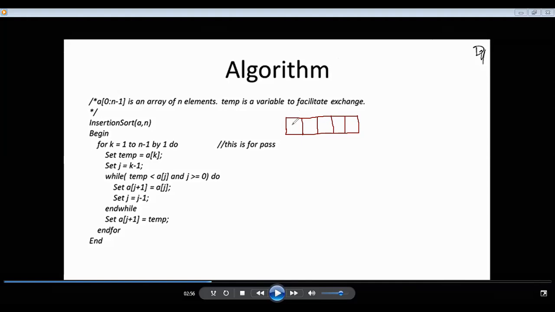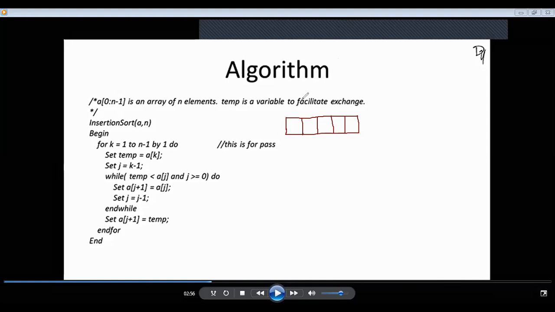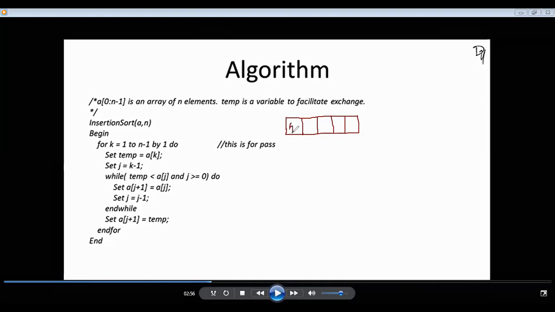So what are the elements? 5, 4, 3, 2, 1. What is our logic? Actually, before that, we'll revise the logic. Initially, I will start from here, and I will check with this.